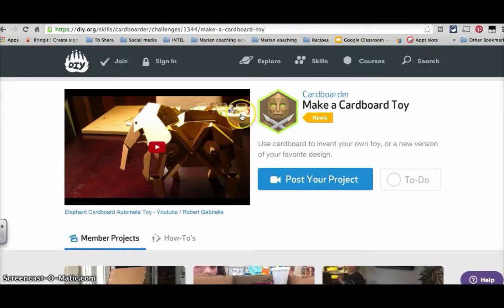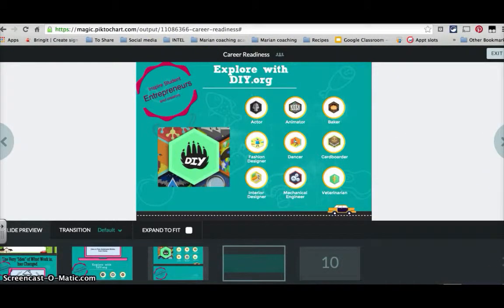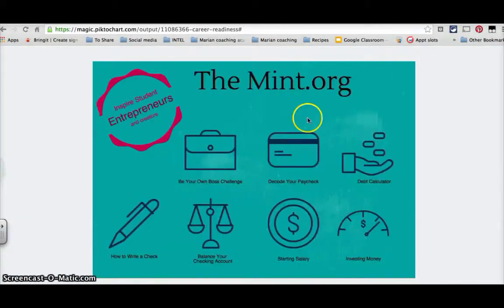What a great way for students to explore entrepreneurship, doing something for themselves, creating something on their own. As I said, there are courses here. You can explore other options. This is a great site just for getting students interested in something they can do for themselves. The mint.org has some amazing interactives and information for students who are considering being an entrepreneur, and also just getting them career ready